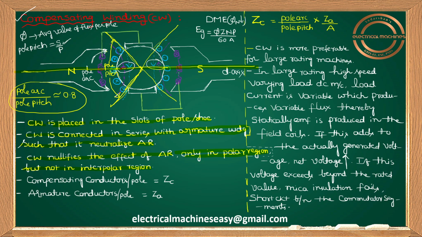Try to understand, for example, in this distance I just placed 5 slots here, but here I'm having what? 3 slots. That means if I place here 5 armature conductors, I'm having here 3 composite conductors only. Pole arc covers 80% of the pole pitch distance means the effect of the compensating winding and neutralizing armature reaction